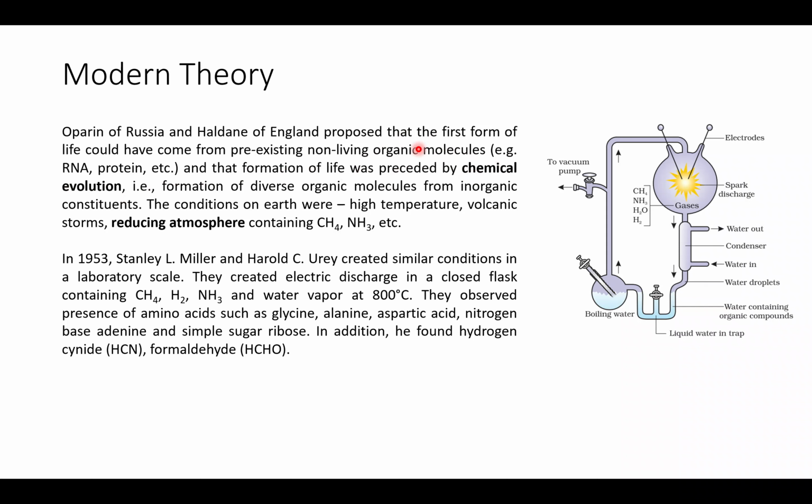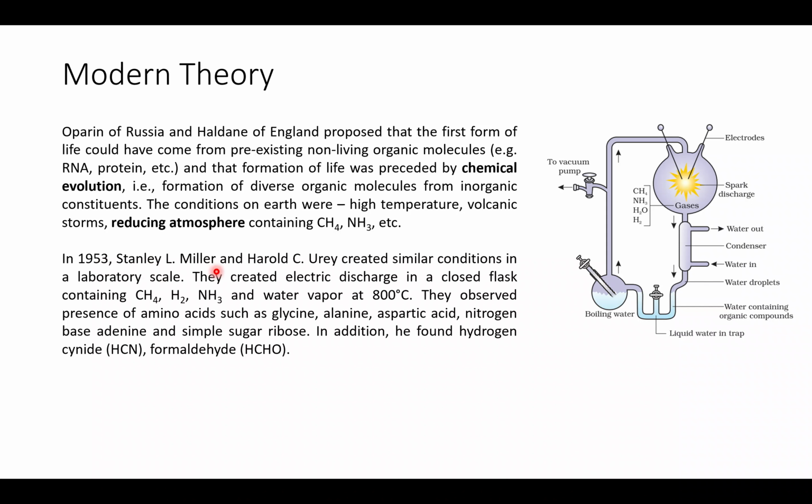So these organic molecules have to be formed from something. And these organic molecules actually formed from inorganic constituents. The condition of Earth, as I said, was very high temperature, with very high volcanic storms going on, and a reducing atmosphere, as I said in the previous slide, containing methane and ammonia. So to give an idea on an experimental basis of how organic molecules could be produced or made from inorganic constituents,